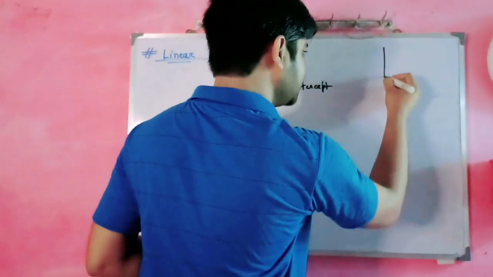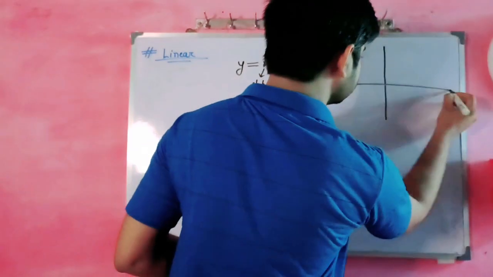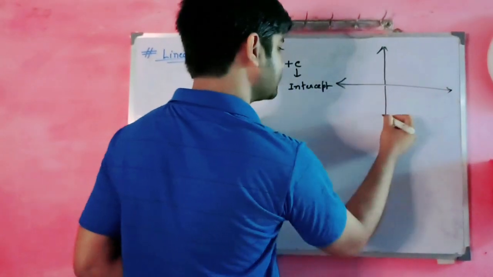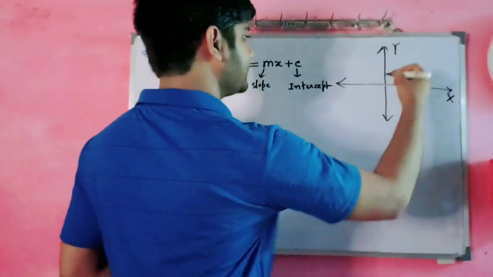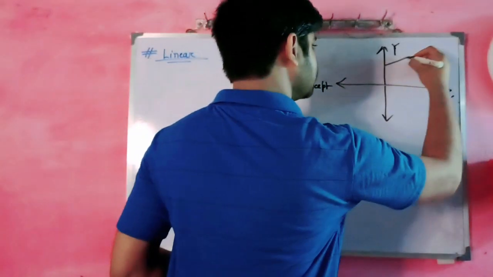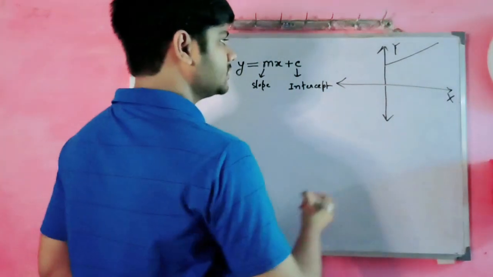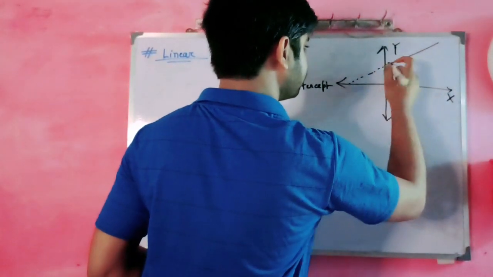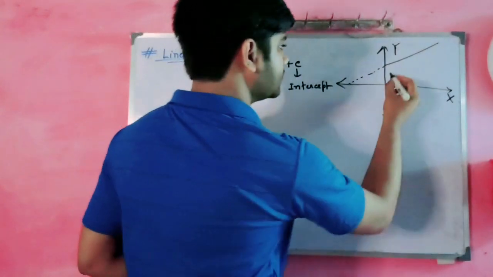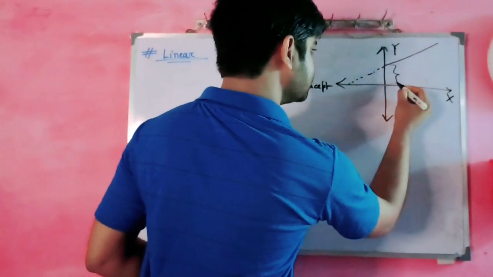How it actually looks if I plot it in a graph, y, x, so this is the intercept c,